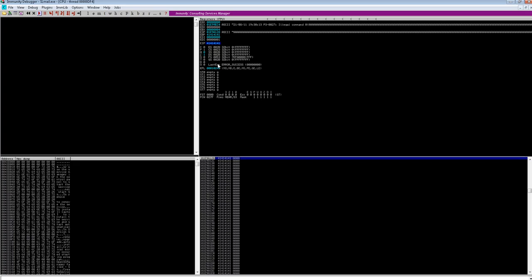Let me explain before we get into more detail. You could see that there is an ESP, which is the extended stack pointer, and it has an address, and you could see that there are a lot of A's here. This stack pointer will hold the next text input by the user.